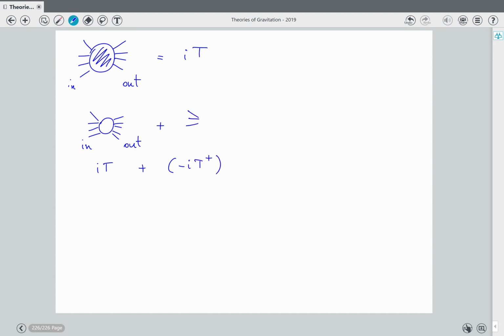And that will be a process where you exchange out with in. There is a transpose, and you take the dagger, so there is also a conjugate. That is equal to minus T dagger T